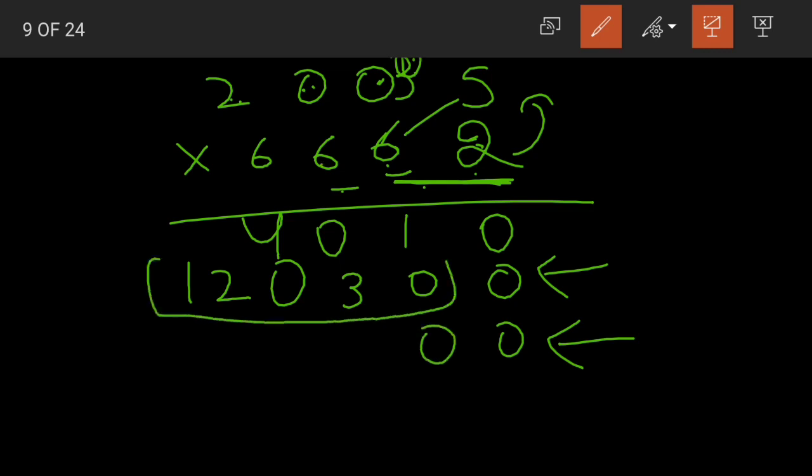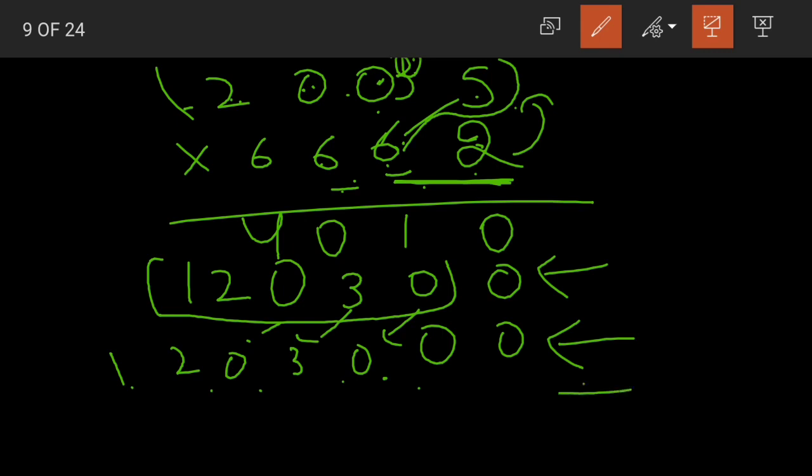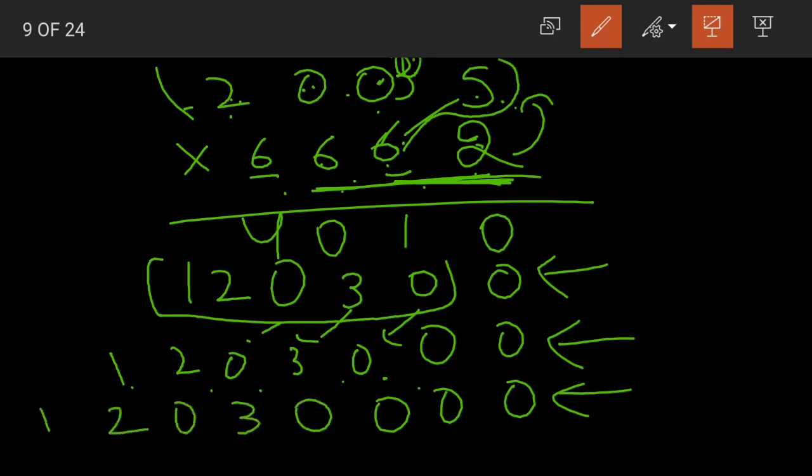Again the same, children. See, this is what we have got by multiplying 6 with 2005. Now here again we need to multiply 6 with 2005, so we can write the same here: 12,030. Now again we are having 6 into 2005. First place 3 zeros. Why? Because after 6 we are having 3 digits. Now after that again write the same 12,030 here.